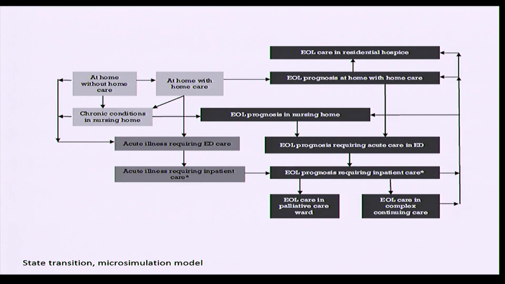This is kind of a busy slide that represents about 12 health states that we used in the model, and the health states are stratified by the presence or absence of an end-of-life diagnosis. So the dark ones on the right represent patients who have a defined end-of-life prognostic label, and the ones over here are those who don't. And we further stratified by residential settings. So we looked at patients who were at home or in nursing homes or in palliative care facilities. And then we also stratified by the presence or absence of acute illness requiring emergency department or inpatient care.